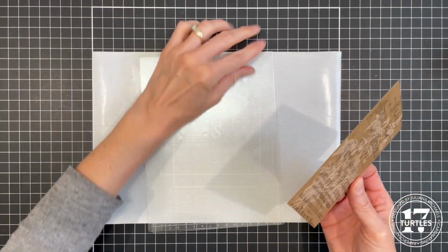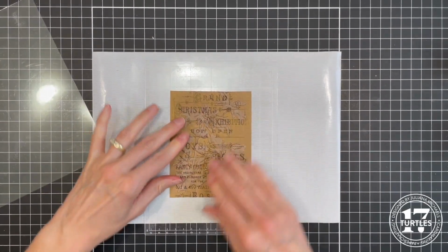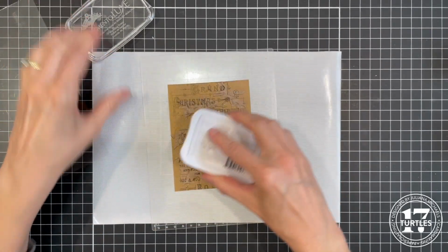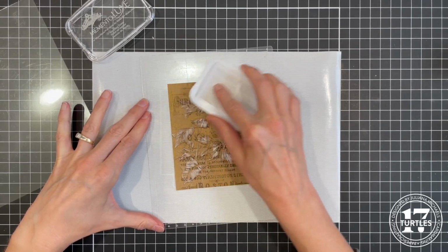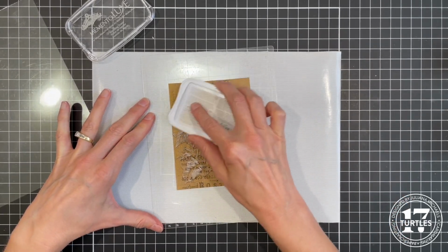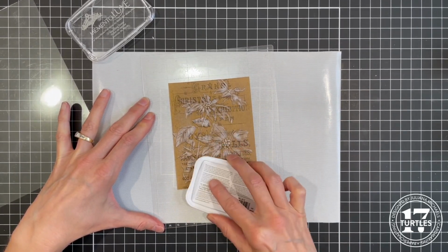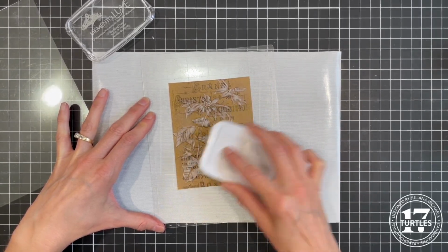Now I'm going to add some highlights to the raised area from the embossed design by rubbing a white pigment ink pad over the raised areas. Here I'm applying the paper onto a sticky mat to help hold it flat so that the ink only gets onto the embossed areas. When you're applying the ink, make sure that you lightly rub the ink pad over them. Don't push down. And as you can see, the poinsettias start to pop against the metallic background as they pick